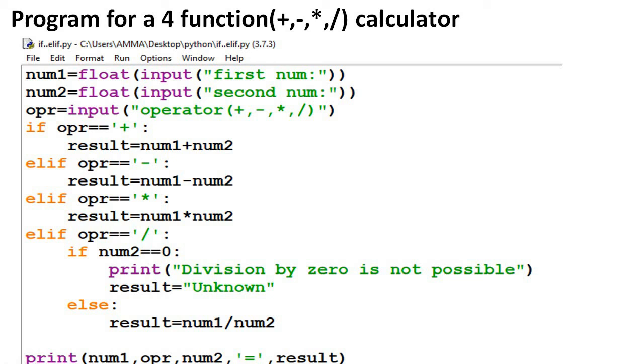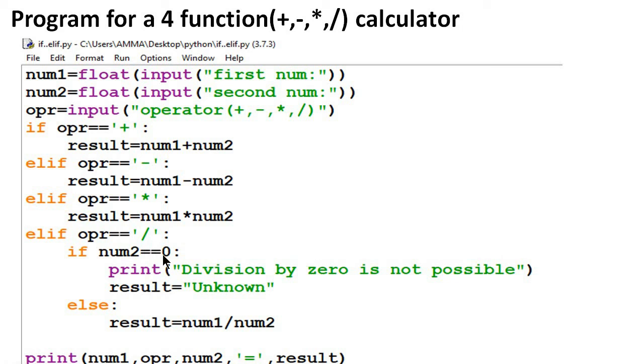Then see the next elif part. If the operator is slash, that is division, we have given one more condition inside the elif part. If num2, that is the second number, is 0, division by 0 is not possible. Result equal to unknown.